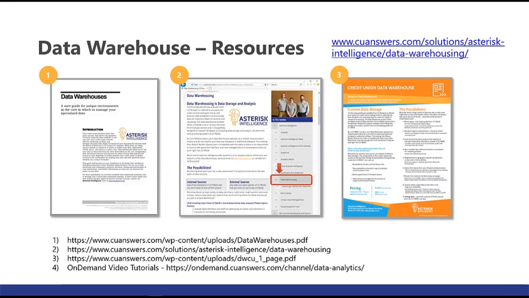But if you want more information, the slides we've looked at today are posted online, including a few extras that I did not include. That would be on this middle number 2 here, the Asterisk Intelligence page of cuanswers.com. Hit the data warehousing menu option on the right-hand menu column. And then at the bottom of the page, there are 3, 4, 5, I want to say, different documents linked that will provide you with those resources, like the slide deck we saw today, the I think 27-page booklet that gets